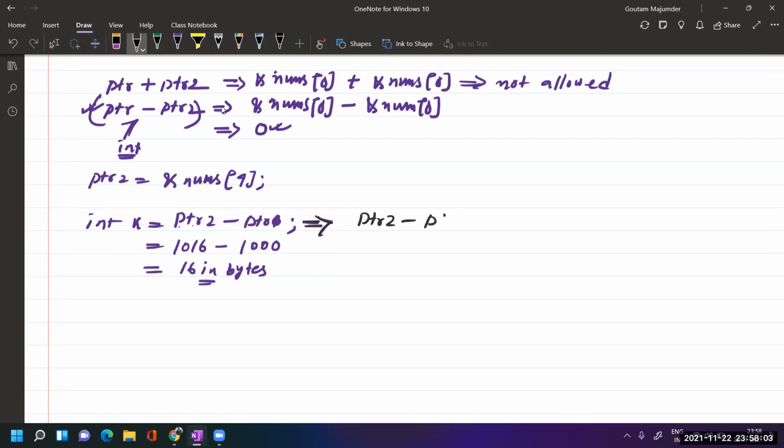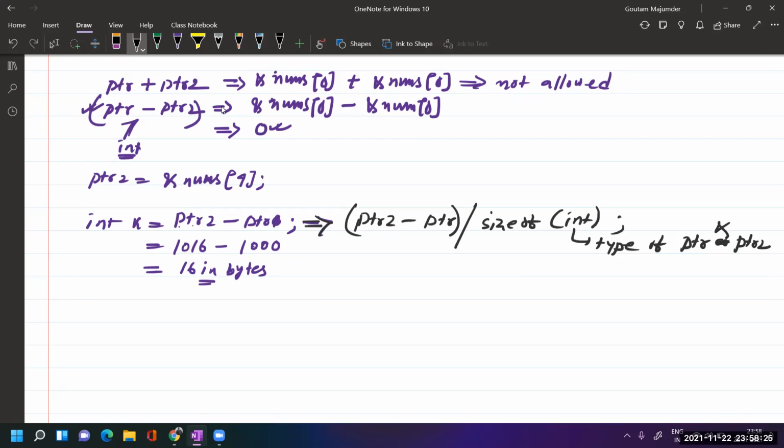PTR2 minus PTR1, when you write this, what will the compiler do? The compiler further divides it by size of int. So what is int? It is the type of PTR1 and PTR2, both are the same. Both types are integer.